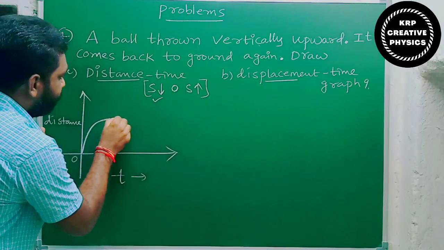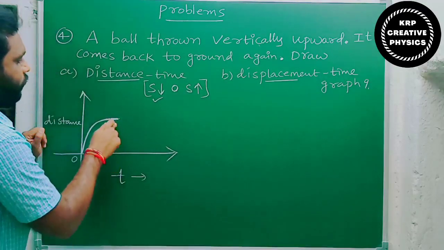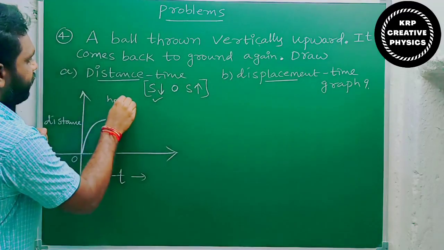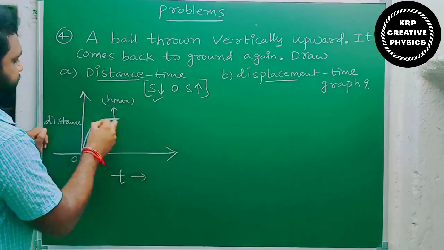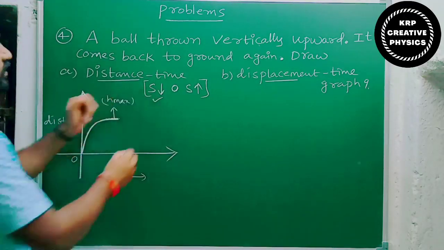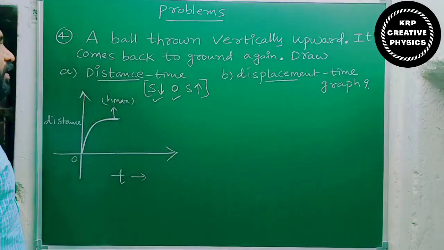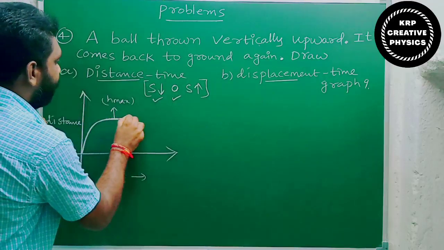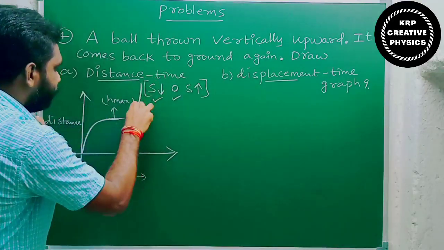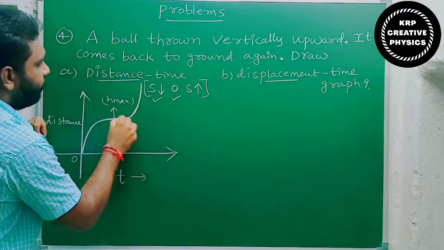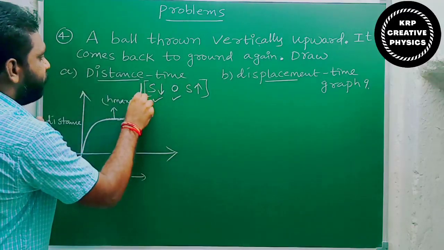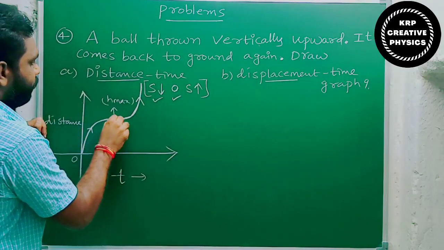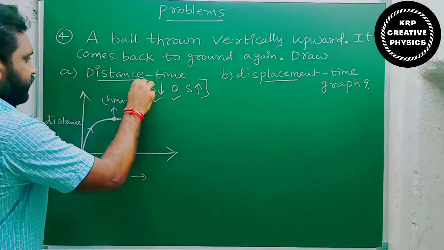And here, just at this part, once you observe, slope is 0. It is parallel to time axis. So this is at maximum height. It is representing maximum height. At this height, speed becomes 0 here. Okay, this is also completed. And next, when it is moving downward, speed is going to continuously increase. So speed is going to increase means graph will be like this. So this is the third part here. During this, speed is going to increase. And here speed is going to decrease, and here speed becomes 0 at the maximum height. So this is the graph.